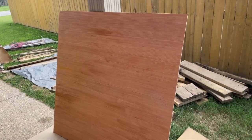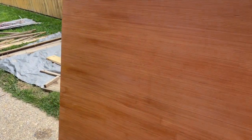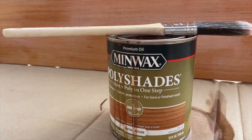Okay, one board done, and I'm in love with the color. It is like the same vintagey, orangey wood that was originally in the trailer. What I'm using is this